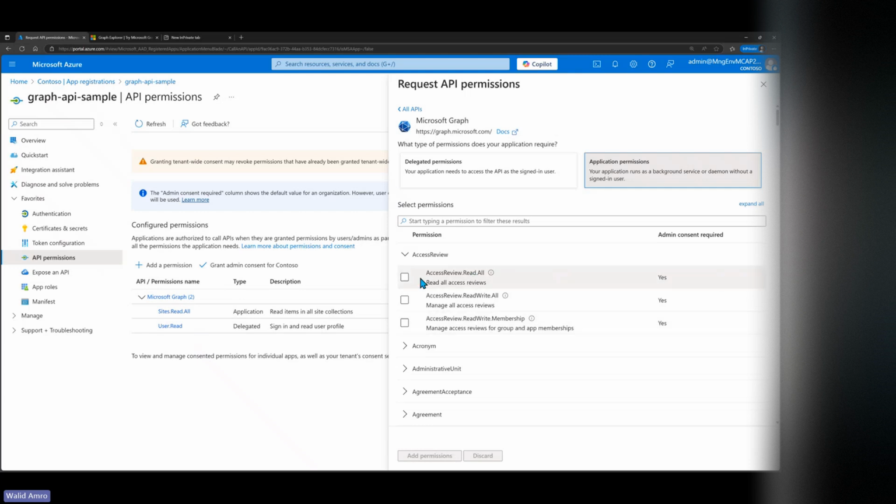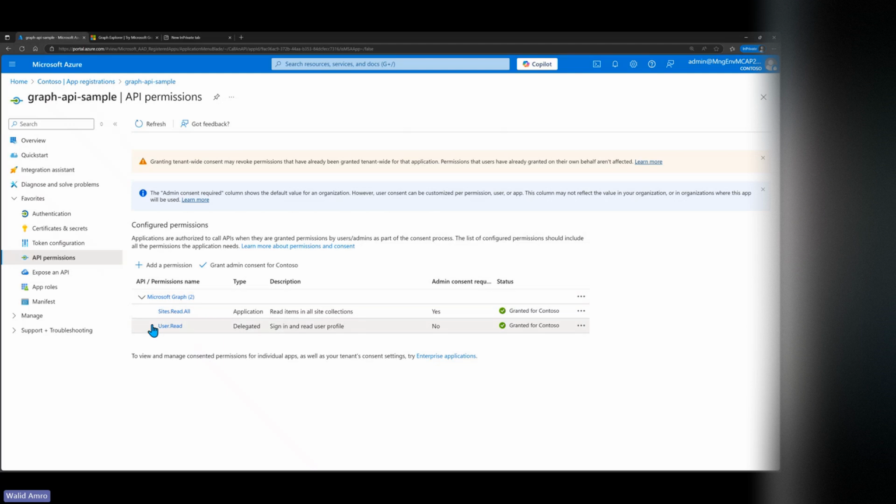You need to pick the right one. You don't give read, write, all, and everything. If the application needs lower permission, you give it the lowest permission you can give it. Okay, and you choose all of this and it will show up over here. And now, for example, this application that I have already has a User.Read. And it's a delegated one. That means the user can read the profile, okay? And it does not need the admin